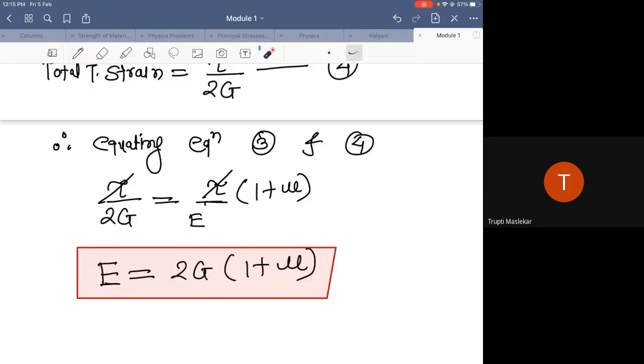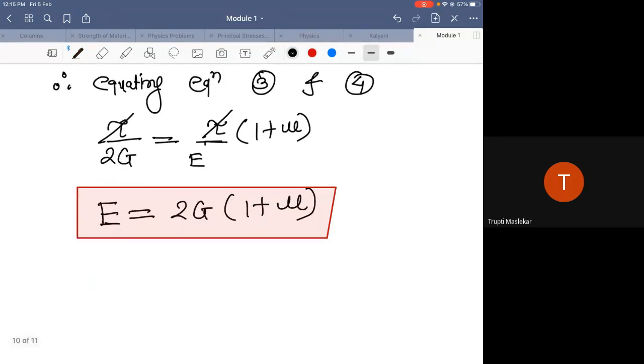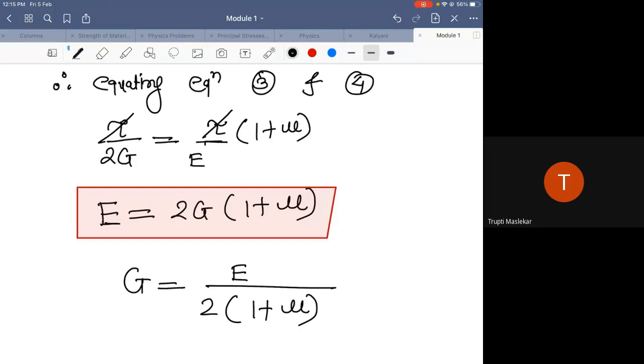So that is the thing. You can also write this formula in terms of G. If I want to write in terms of G, then I have to write like this. G is equal to E divided by 2 into bracket 1 plus mu. I can write it this way also. So this is the formula